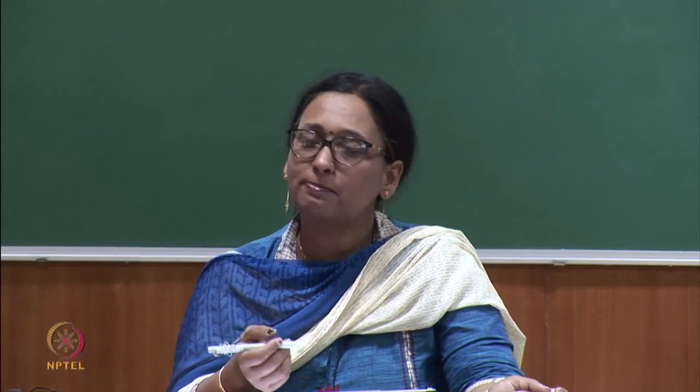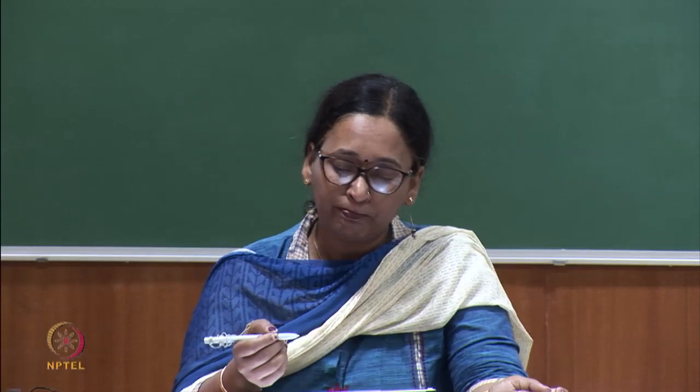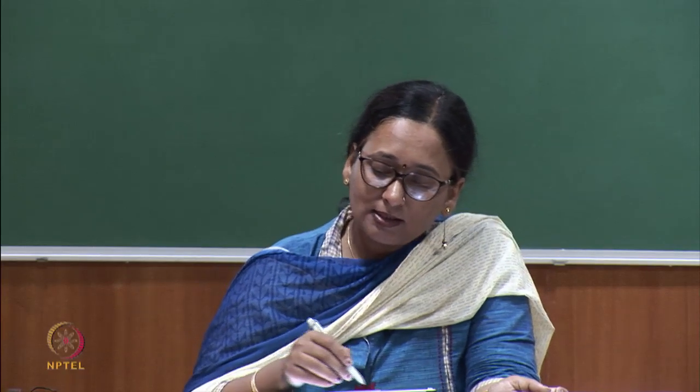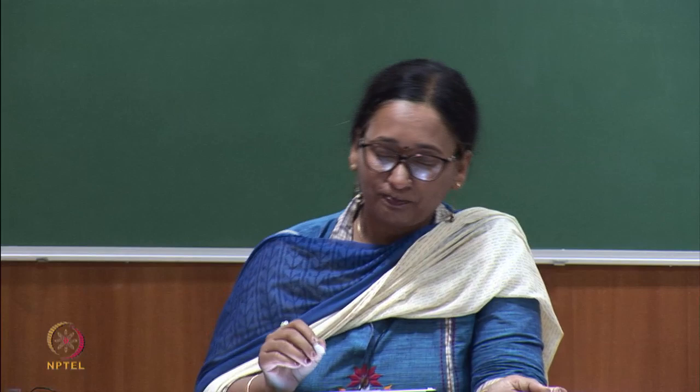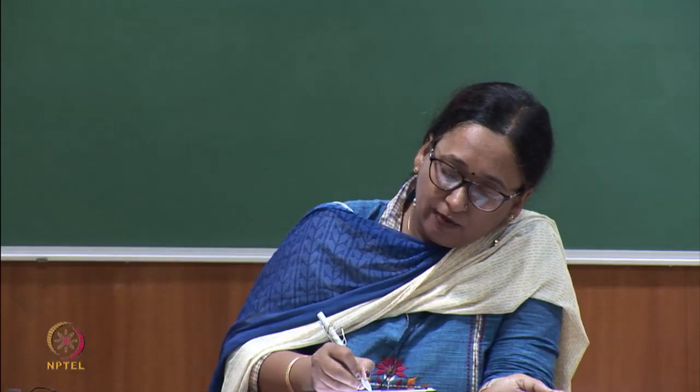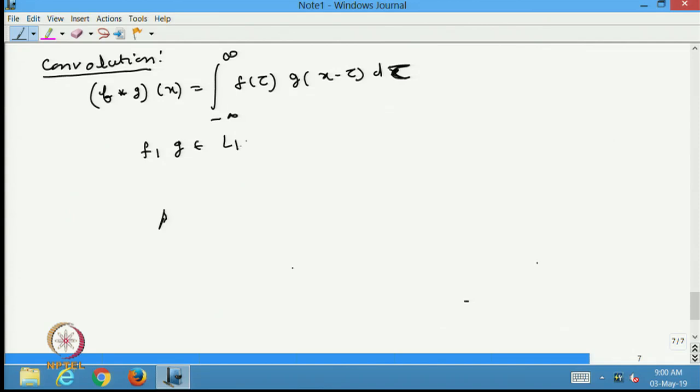Convolution is very important, it has a lot of applications in electrical engineering, probability, statistics etc., and I assume all of you must have heard about this already. So, this is how we define convolution, but again this is an improper integral. So, I have to talk about when it exists. For that reason I am saying if f and g belong to L1R, then the convolution will also be in L1R. This is just a one line proof, because